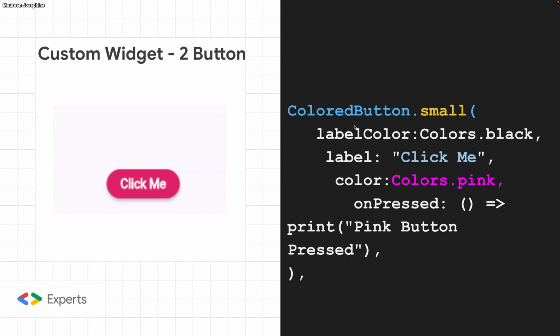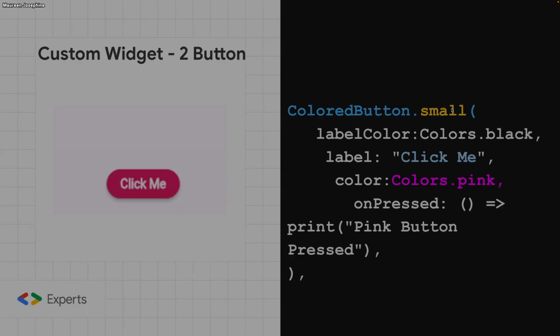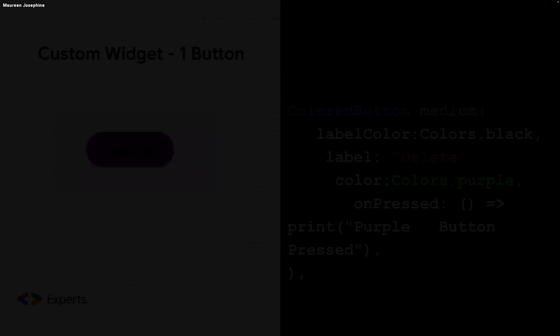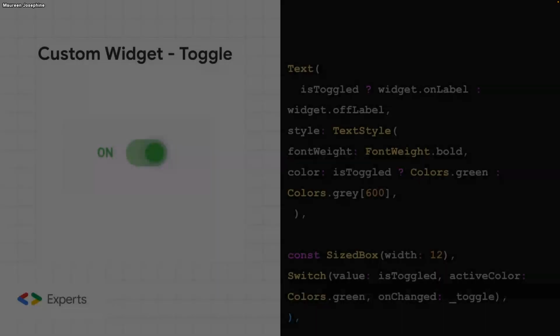So it's the same button, but now we have a factory of different sizes of the button. So here is where we have a small button and the previous one was a medium button. So that's the beauty of having a custom widget. Other than that,